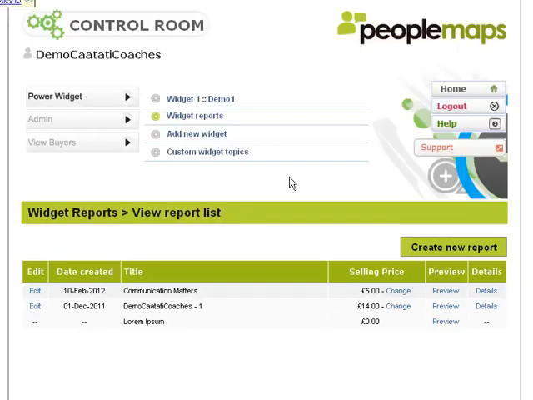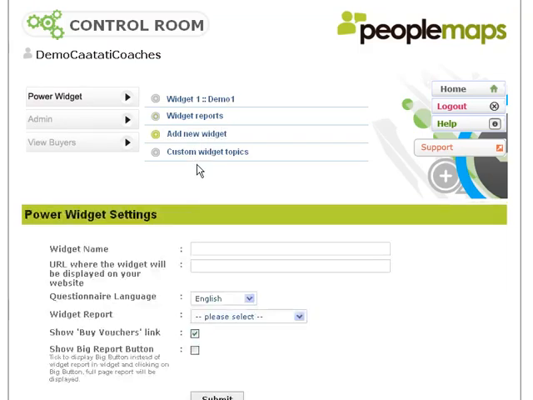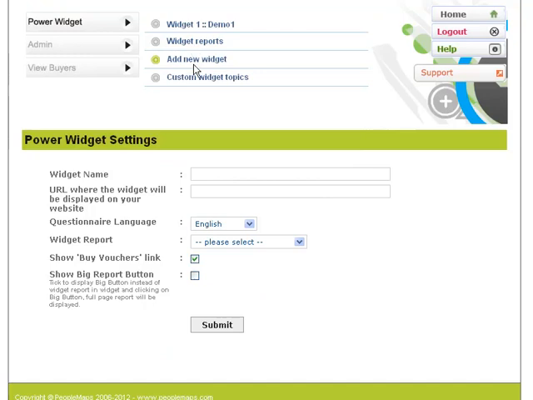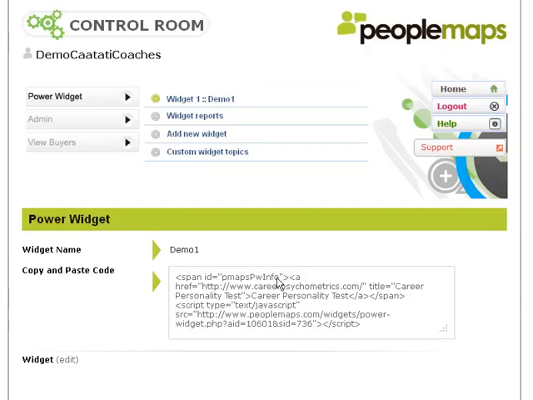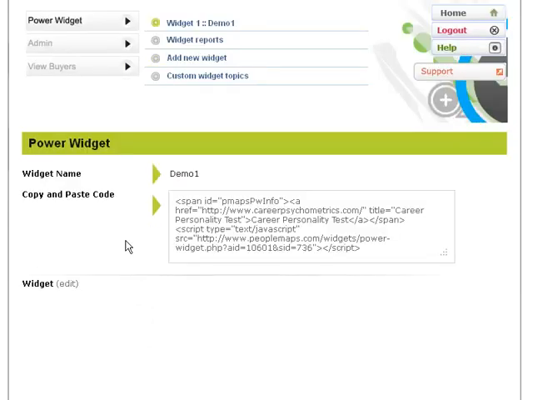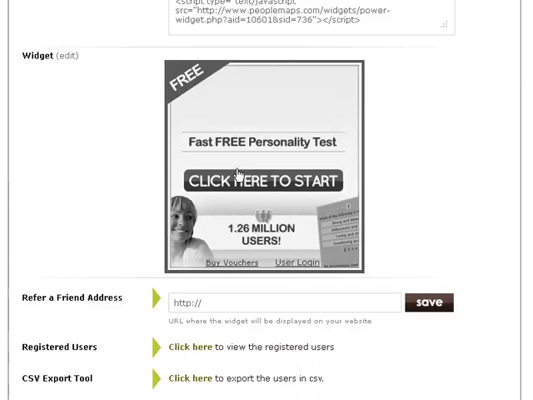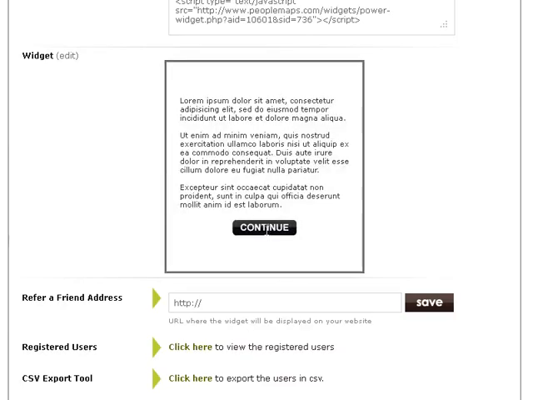A couple of other things that you need to know then is what you do now that you've got an actual report. And this is where you need to add a new widget. So the widget is the box that, well, in fact, let me show you. Here's one here. So the widget is the box that the entire experience happens inside of. So it might just look like a graphic, but this is a widget box, and in here you can click on this and begin the questionnaire. I can just do that just now, and